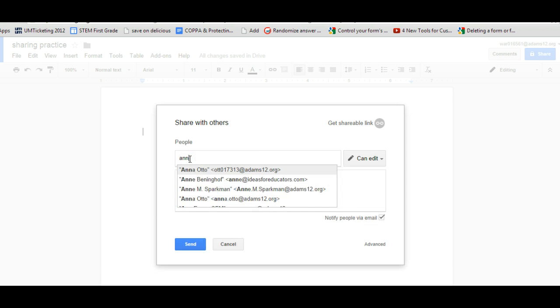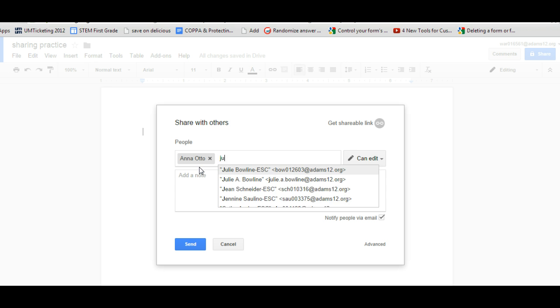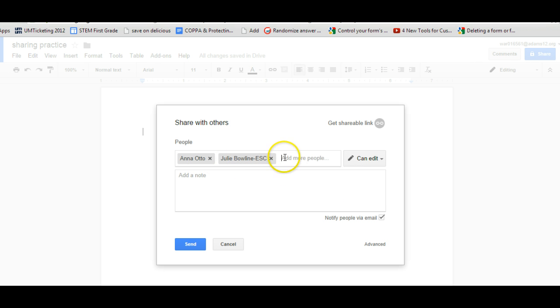And if you have their names in your address book, you can start typing them in and their emails will appear. If they don't appear in your address book, you can just type in their email address, the complete email address. Your options for sharing are the person you are sharing with or the people can either edit the document,